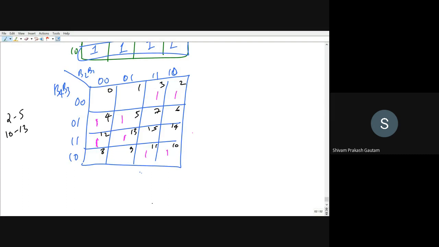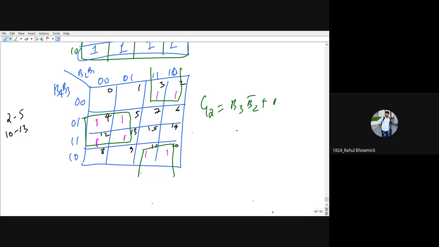Now you have to group it. You can group this as a quad and you can group this as a quad. Now tell me what will be G2. So this will be B3 B2 bar plus B3 bar B2, right?